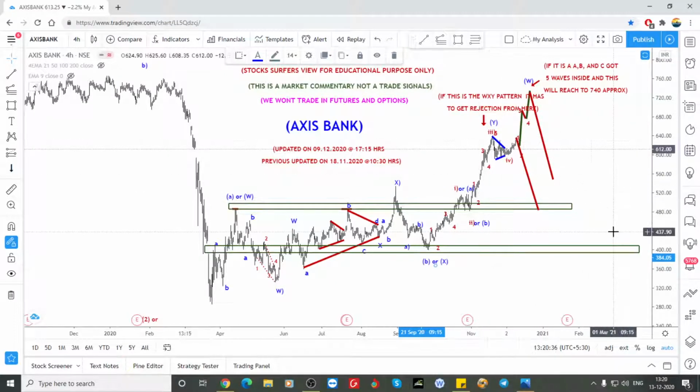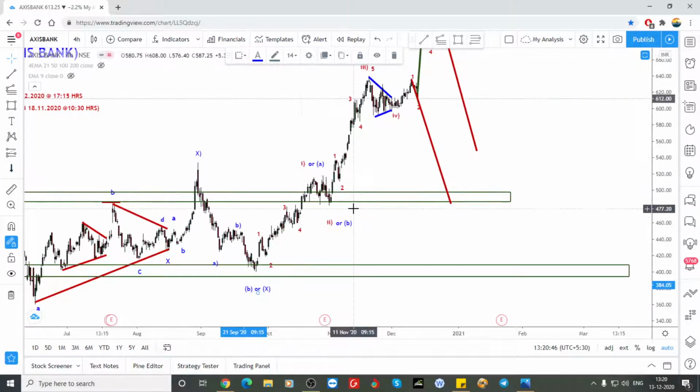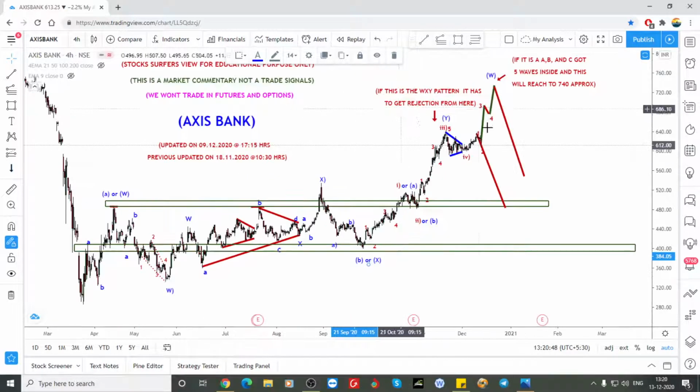Or if it is a deeper correction, we may need a W, X, A, B, C as a Y. Or if it is a B, C, this is a 1, 2, 3, 4, 5. So again that 730 is also possible. That is why I have written it, and I have updated